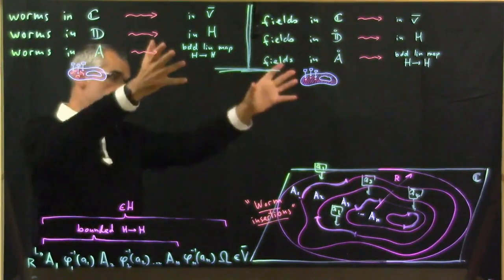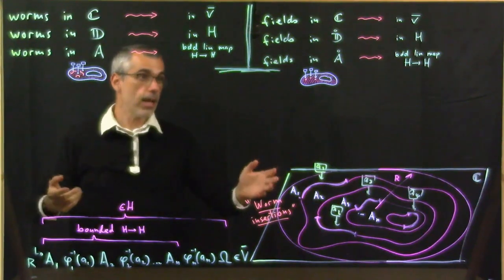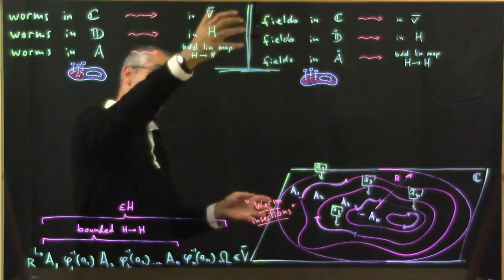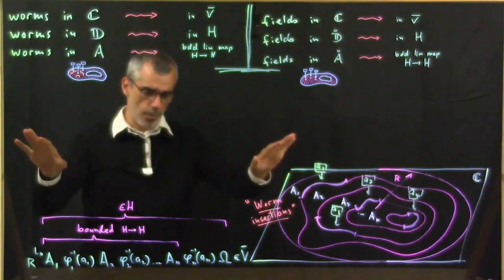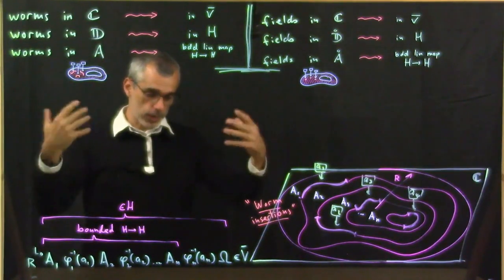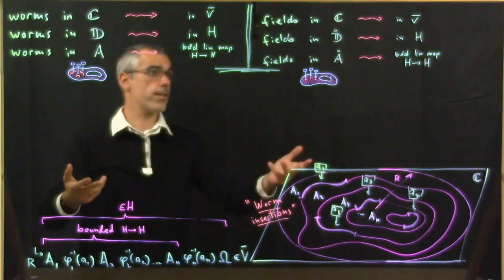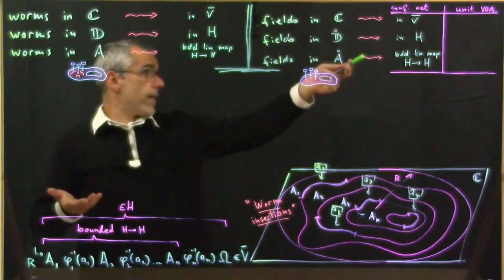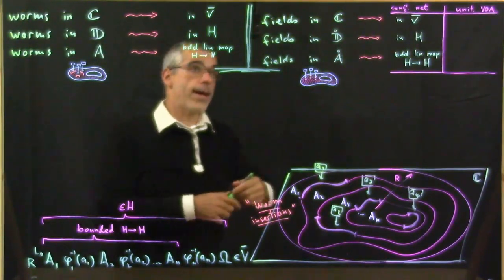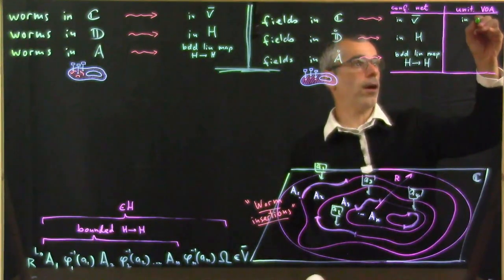So this is the expectation inside a unitary chiral CFT, and this is indeed what we get when we start from a conformal net, but it makes sense to disambiguate between what it is that we expect and what it is that we get, depending on if we start with a conformal net or a unitary VOA. So this is what we get from a conformal net. What we get from a unitary VOA, well, fields in C, that's an element of V bar, yes, of course.